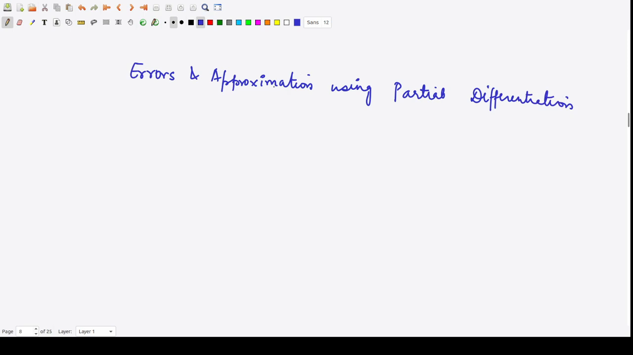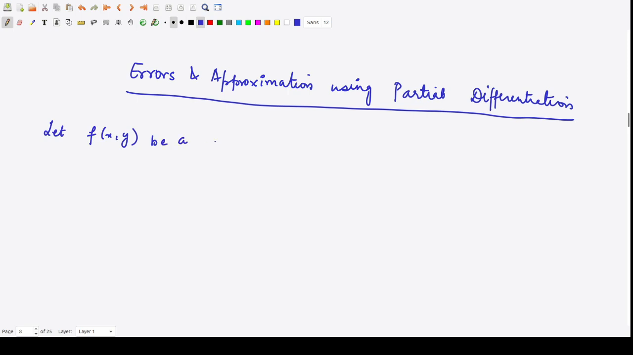So we'll now see the application of partial differentiation to evaluate the errors and to approximate certain functions. So let us first understand how we do that. Suppose f of x, y is a continuous function